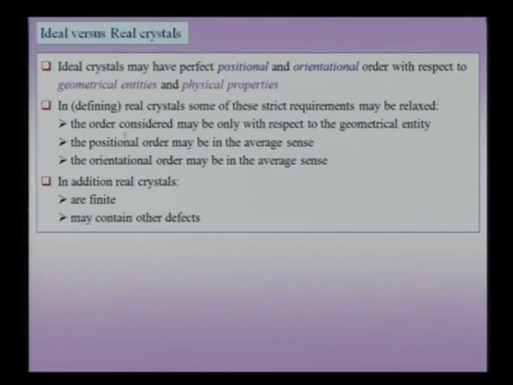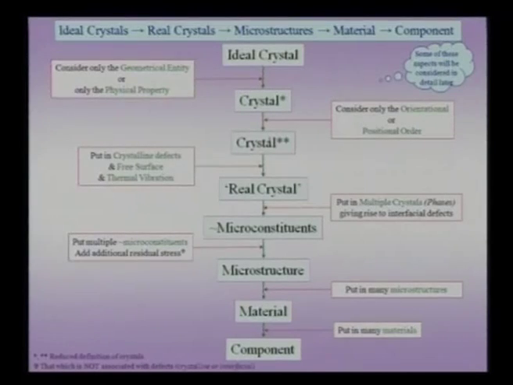and we will also see later on that the positional order may be only in the average sense, and also the orientational order may be only in the average sense. In addition, we note of course that real crystals are finite and can have other kinds of defects. So, let us go from an ideal crystal, and in this case I have made a little further leap, or extension of the logic, wherein not only am I starting with an ideal crystal, I go up to an entire